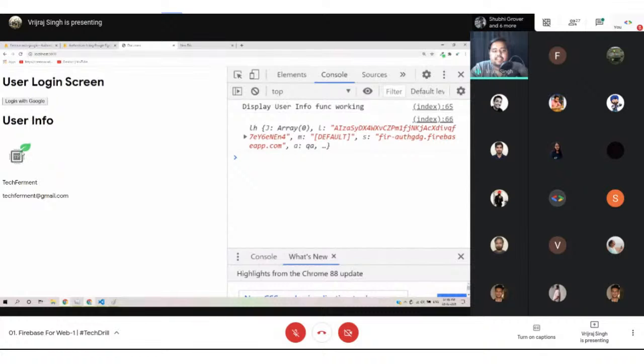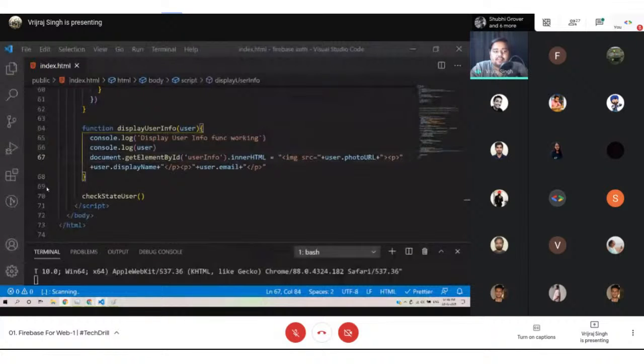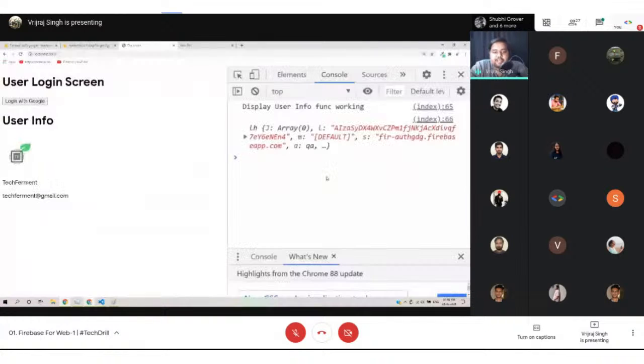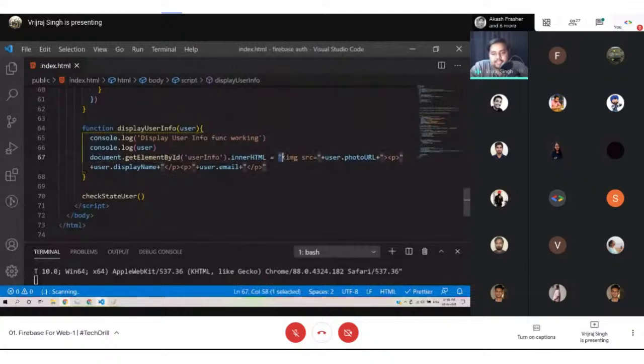Yeah, so this is an image for my Google account. So we can pass some styling, we can do that. So right now I'm using double quotes, so this is not easy for writing code. So rather than using double quotes, you can use